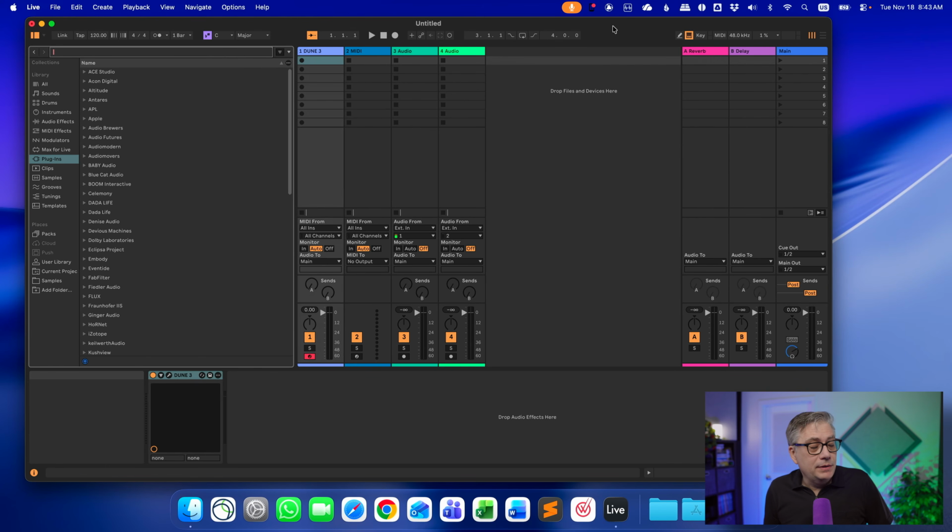So I'm going to work with Ableton today, and I'm going to work on a Mac. The reason I've chosen Ableton is because I want to demonstrate how you can use Patchwork in order to bring multi-channel support into Ableton. And we're going to use that in order to create a bed for the Dolby Atmos Composer so that we can create a full Dolby Atmos session with bed channels as well as objects.